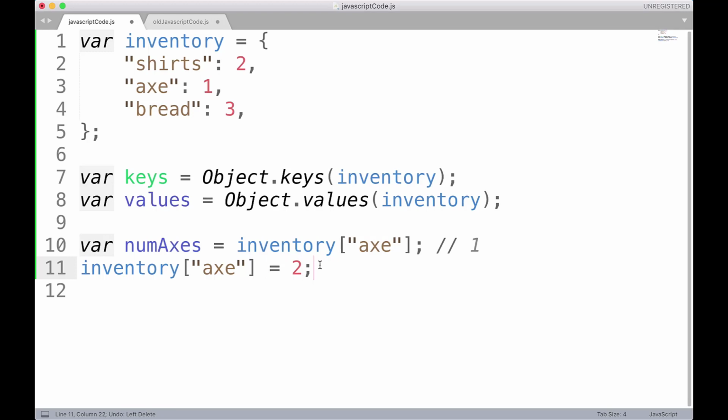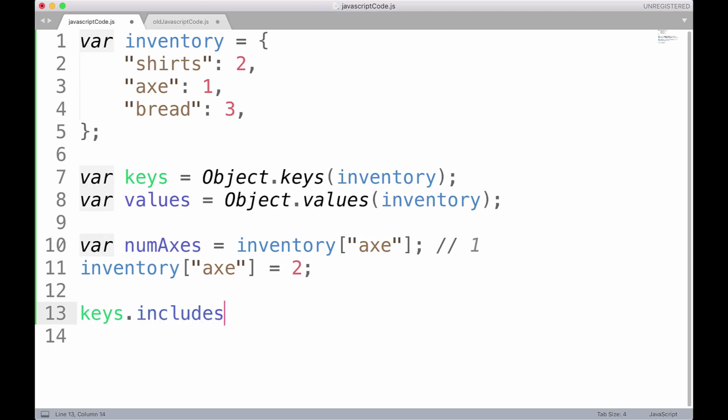Okay, you could add in some logic to check to see if the key exists. For example, if keys contains this axe, okay, then we'll increase its value by 1, otherwise we won't. But you need to know if statements and stuff for that, and that's a topic for later on. In fact, I'm just going to take a quick aside and show you a method I probably should have showed you last section, but I'm going to show you here. So it's the includes method, and it tells you whether or not a list contains an item. So for example,